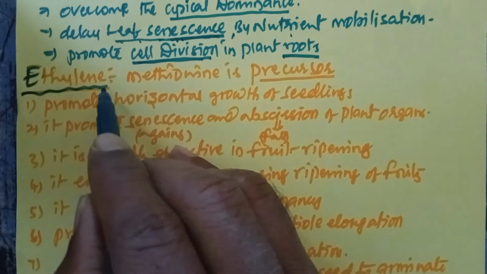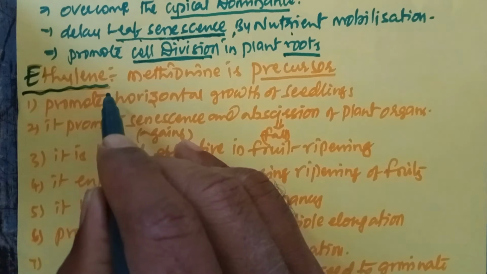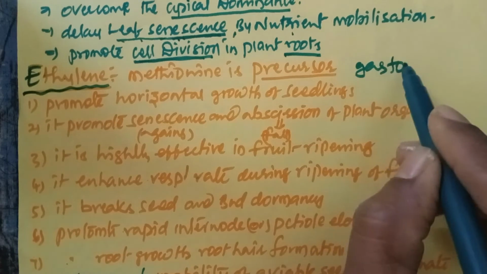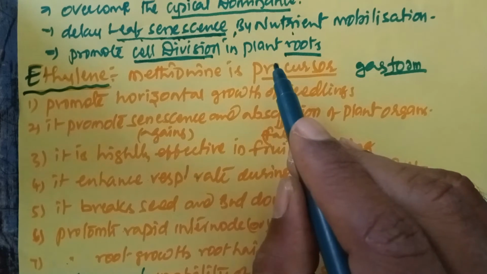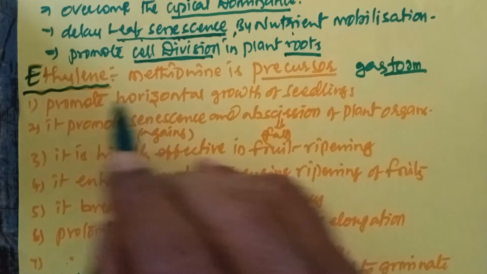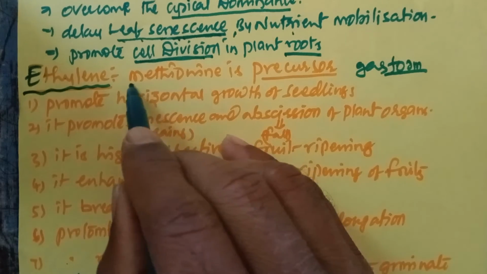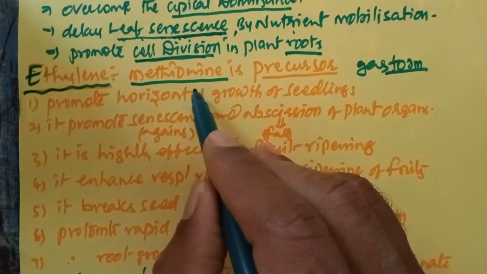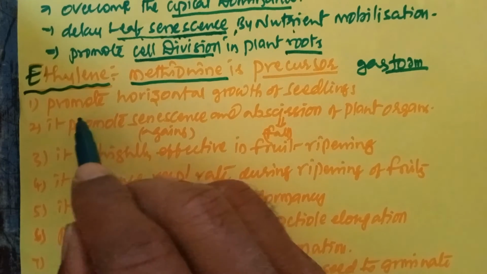The ethylene is released in the plant body in gas form, gas state, while all the remaining hormones are in liquid form, except ethylene. The precursor of ethylene is methionine. Methionine is a type of sulfur containing amino acid. When we observe the functions of ethylene,